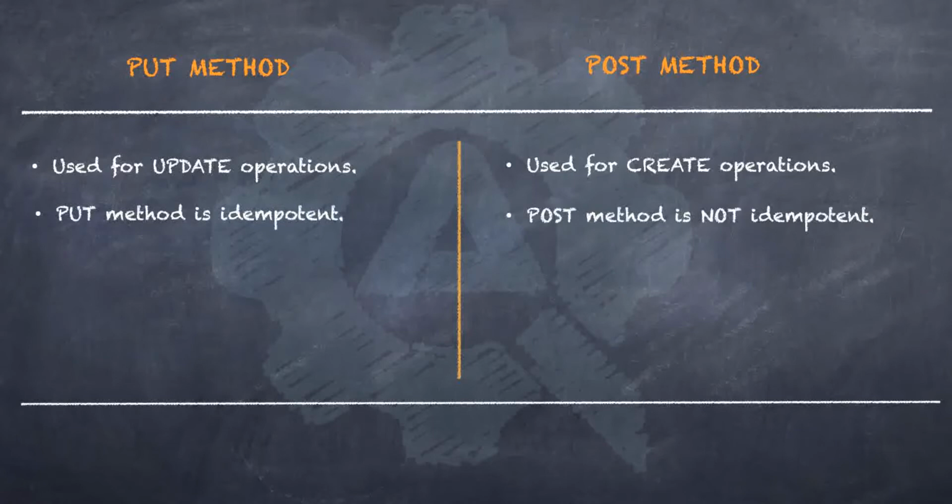The PUT method is idempotent. Thus, if you send the same request multiple times, it would result in a single request modification no matter how many times we are sending the request. But that is not the case when it comes to a POST method. A POST method is not idempotent. Hence, if you request n times, then it would result in creation of n resources on the server.